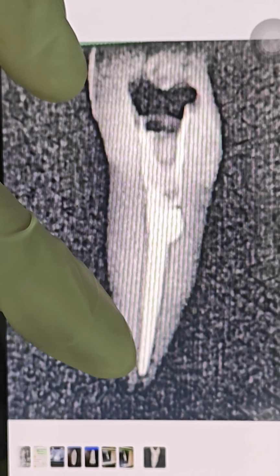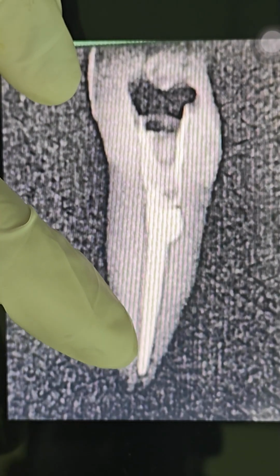So that's how you seal. You know your GP is well below the CEJ, and I'm going to take a final radiograph to show you how the obturation looks. So now if you can see that your GP is going up to the radiographic apex.